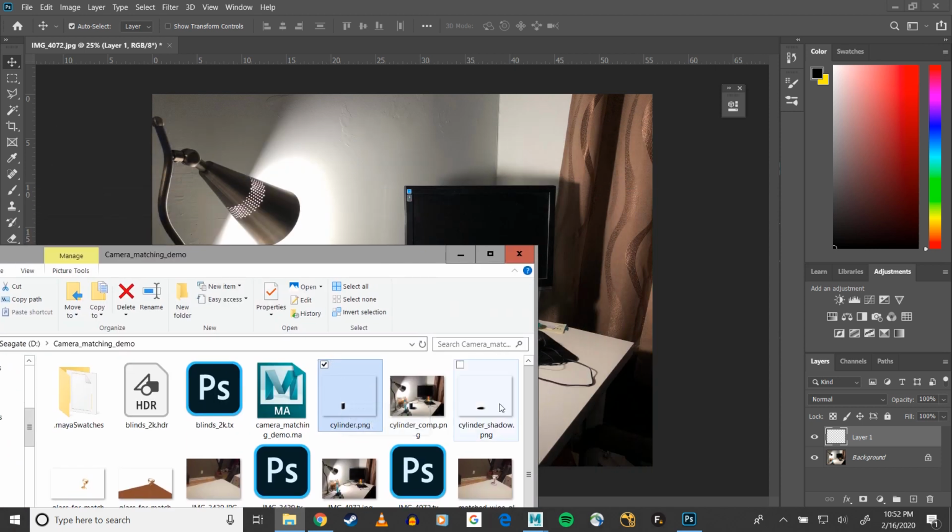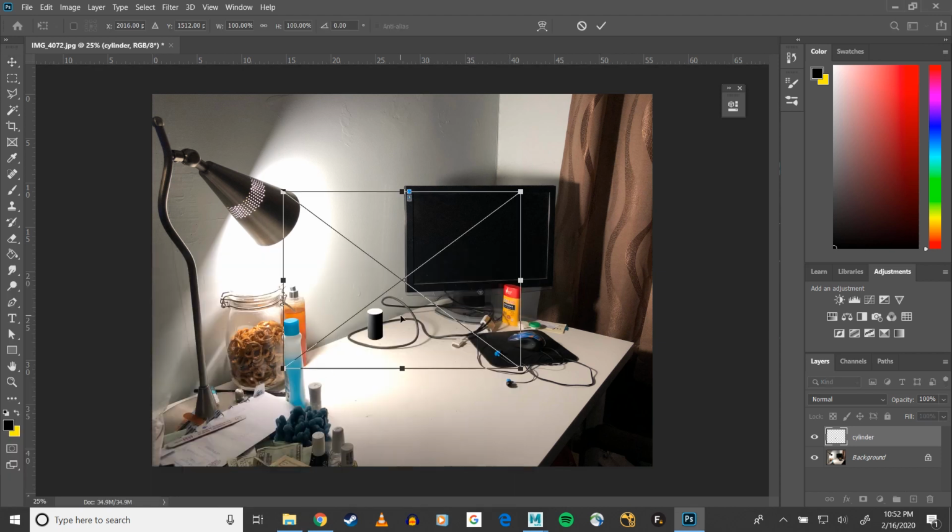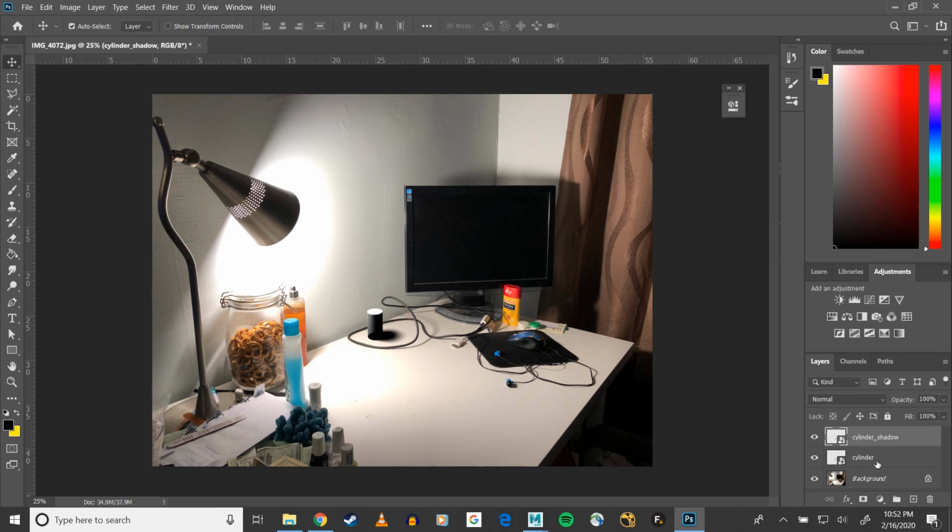So bring in these two. Place my cylinder over top of it, which generally kind of matches up alright, but